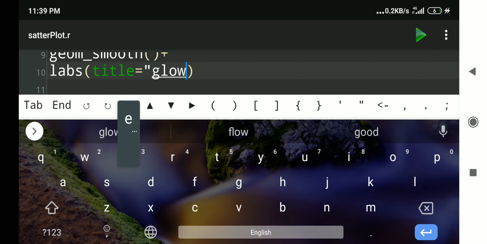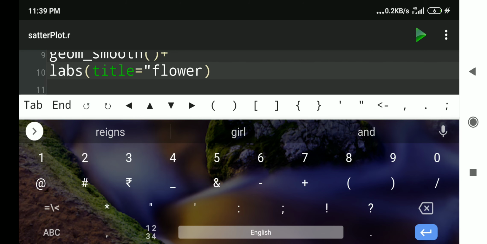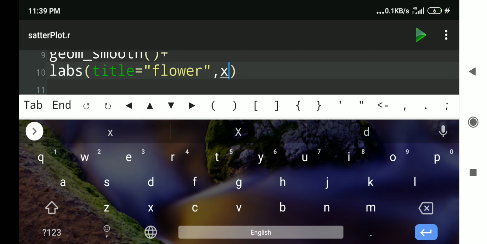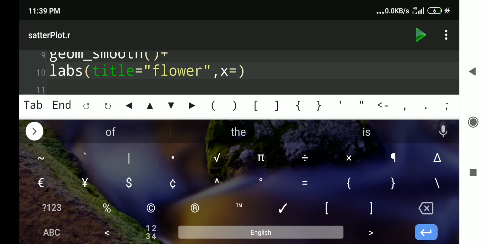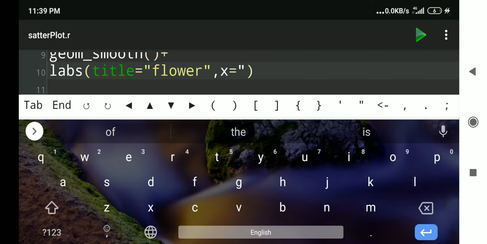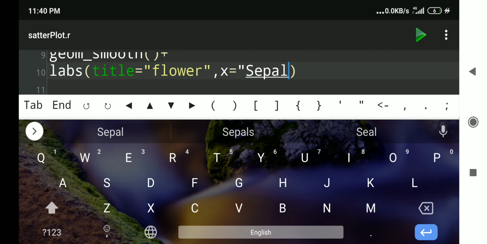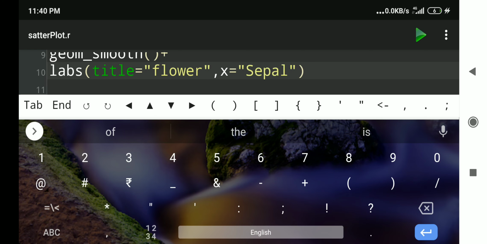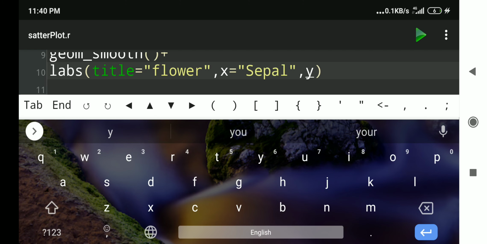Here we will add some very short one, that is flower, and we will add x-axis label also. X is equal to, we'll add sepal only, that inverted comma complete. Then Y label.